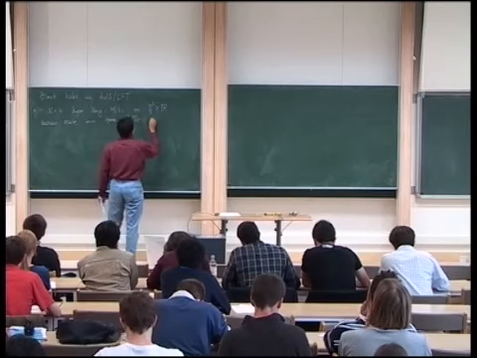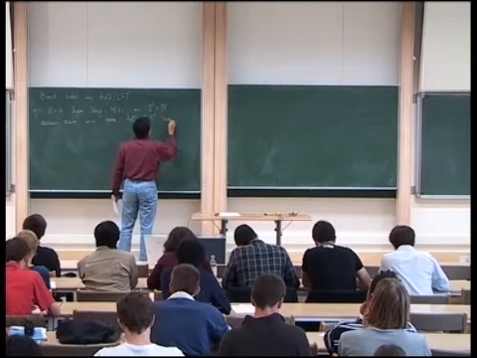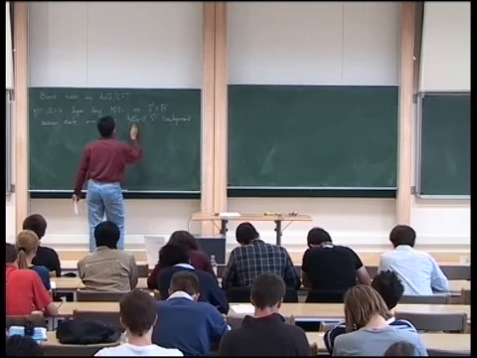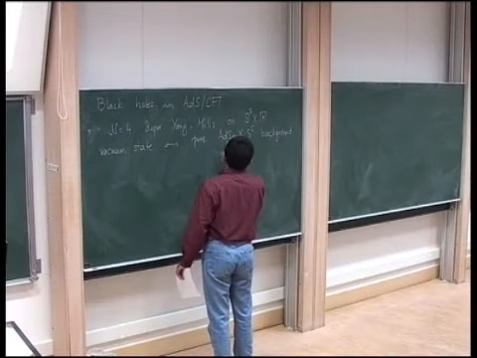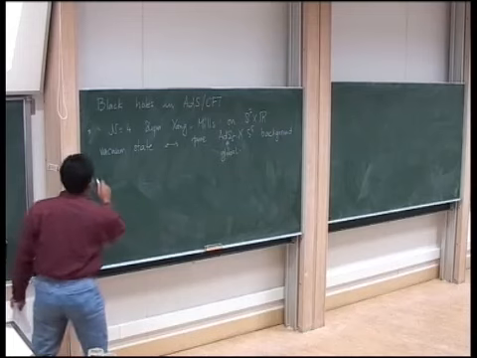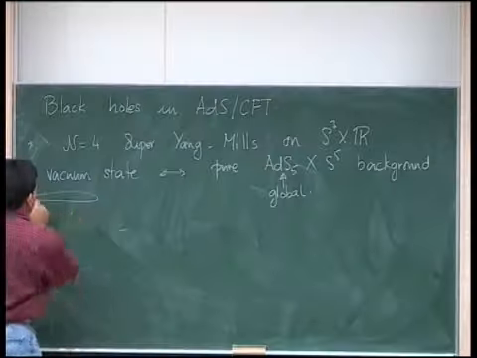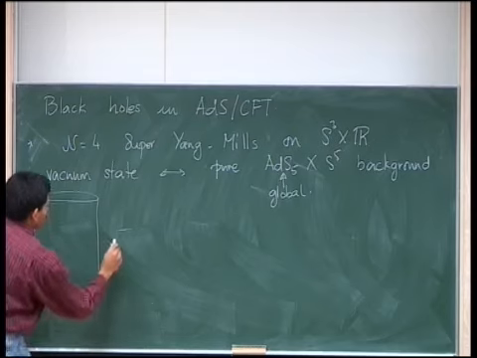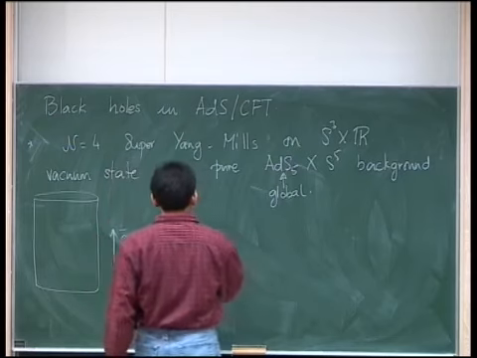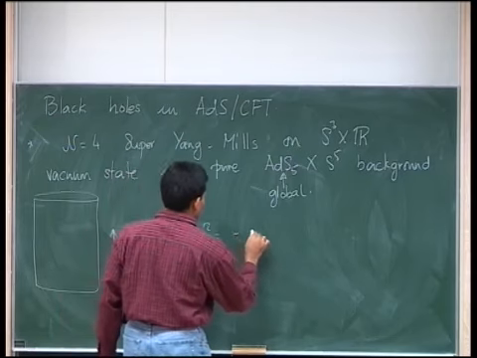An unperturbed AdS phi cross S phi background, where I emphasize this is the global AdS phi. So again, in my picture, global AdS phi is just a soup can with metric